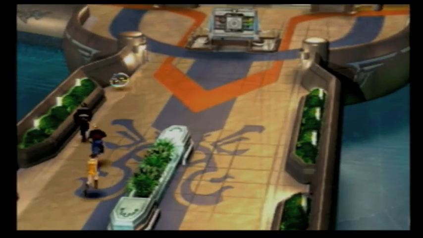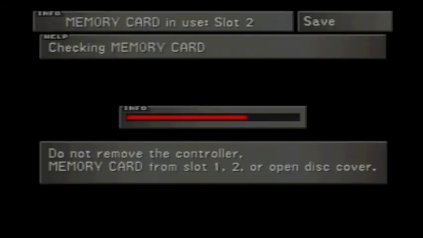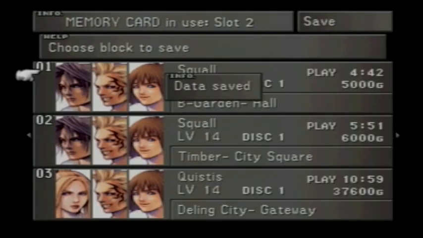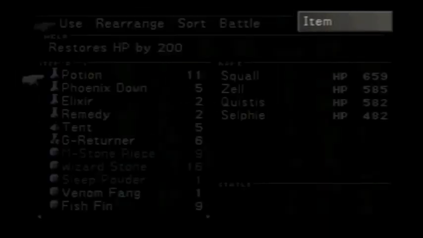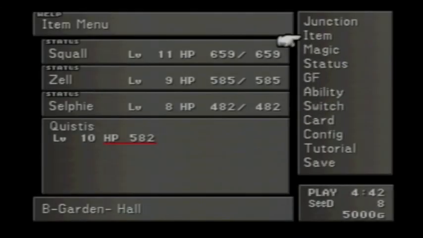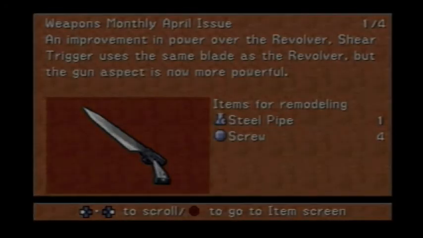So, Cid gave me a magic lamp. This item is very dangerous. As the description says, you want to save your game before you use it. Why? It's just a lamp. Yes, just a lamp. Anyway, I forgot to cut out myself saving at this point. The reason why I've been cutting myself out is cutting those sections out is because you see the names of